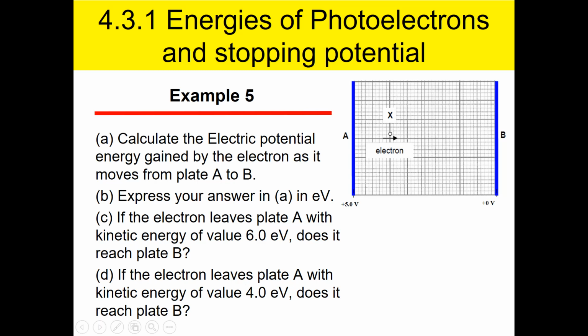You have a plate that is positive here, and you have a plate that is negative here, or rather 0. So the electron actually experiences a force to the left. Do you agree? And between the plates, the field is constant. That means the force is constant. So the electron constantly feels a force to the left, much like my pencil case will constantly feel a force downwards, which is uniform and constant.